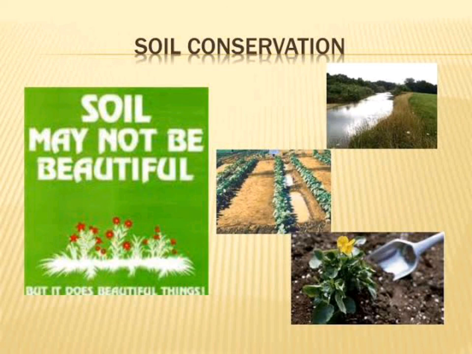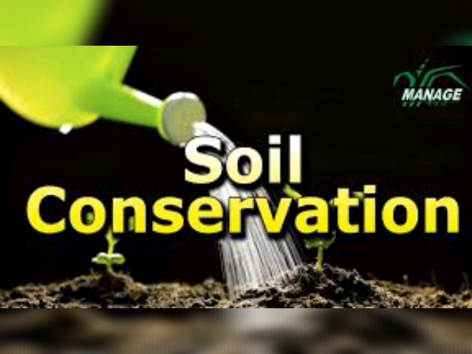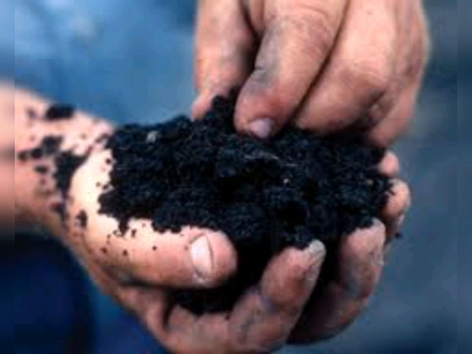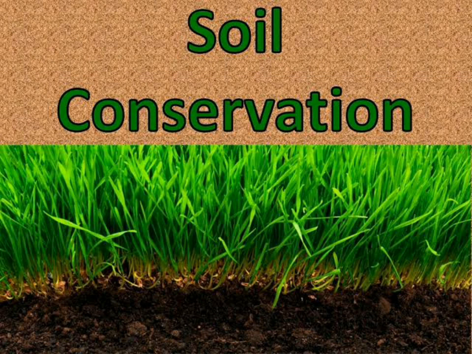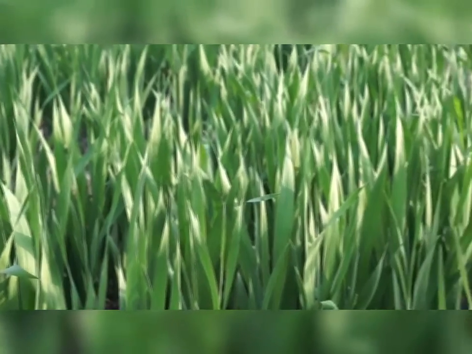Okay? Because I told you, we have to protect Mother Earth, we have to protect the soil of our country. So for that, it's our duty to plant more and more trees so that erosion will not happen in our place. Out of all these methods, at least we can do afforestation, that is, plant more and more trees. Other methods also we can follow if we can.